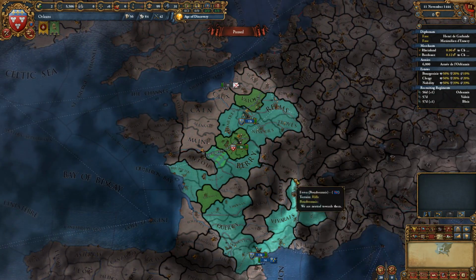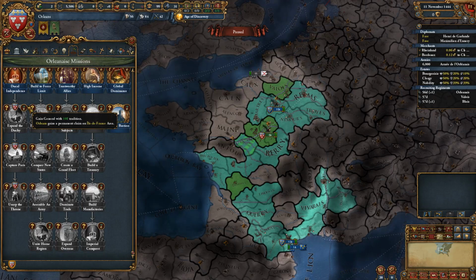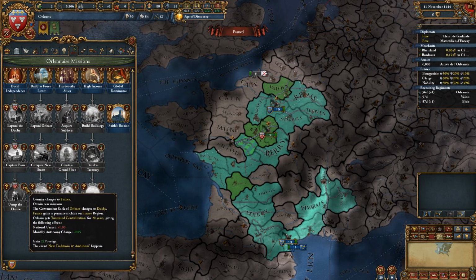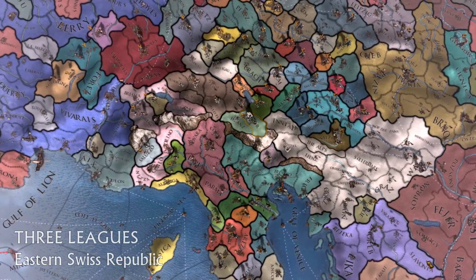Along with the other new French states added in the 1.30 update, Orléans has a new mission tree that allows it to overthrow and become France, and with their unique position and national ideas makes them a strong contender for a French pretender. The next nation we will cover is the Three Leagues, an eastern Swiss republic in the Alpine